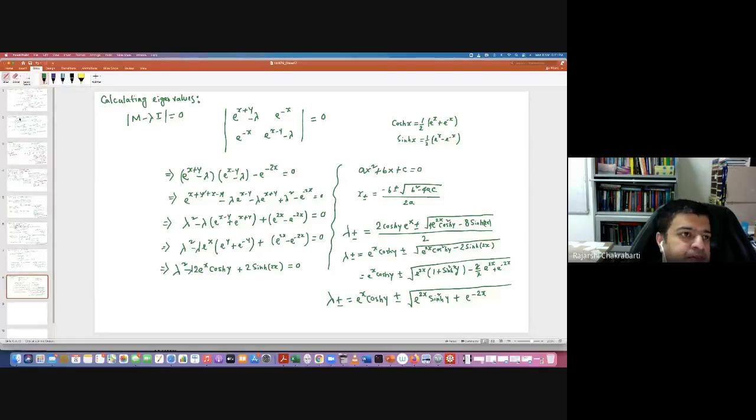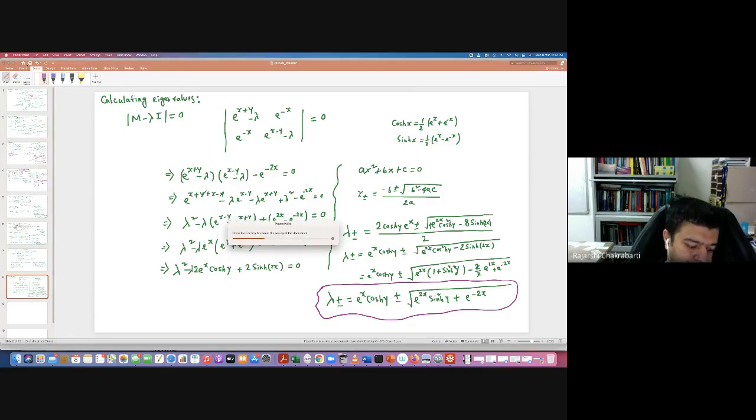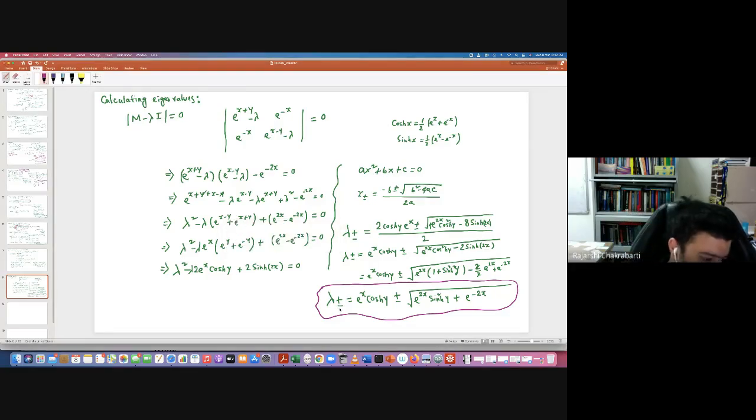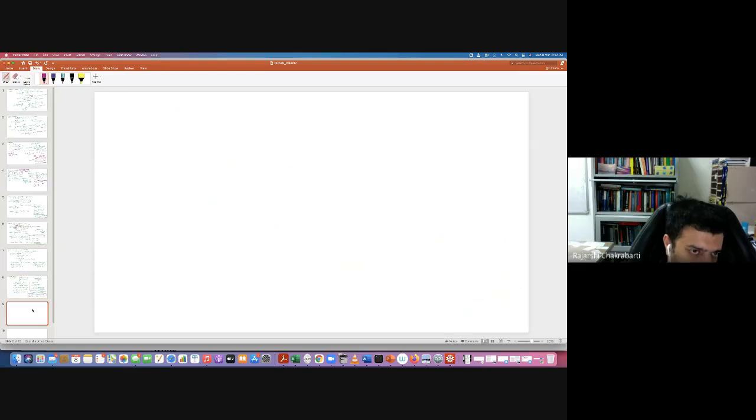And this is the expression for the roots, the eigenvalues. You can check yourself. I think it's fine. Okay. Yes, sir. So let us proceed now. So now you can see there are two roots, lambda plus and lambda minus. Which one should I take? Because then your q is now given by